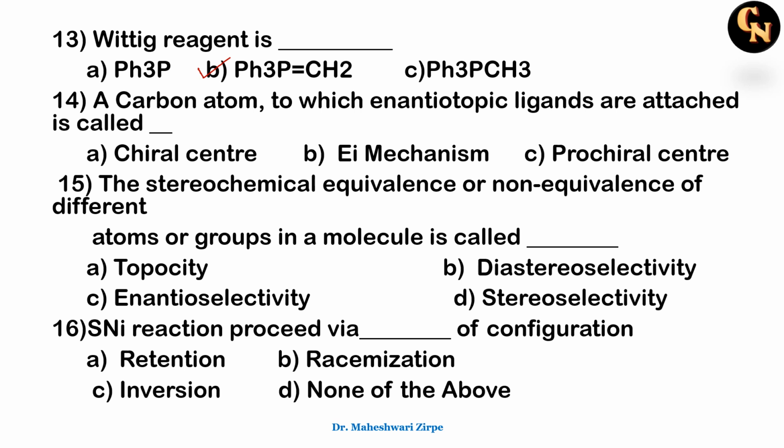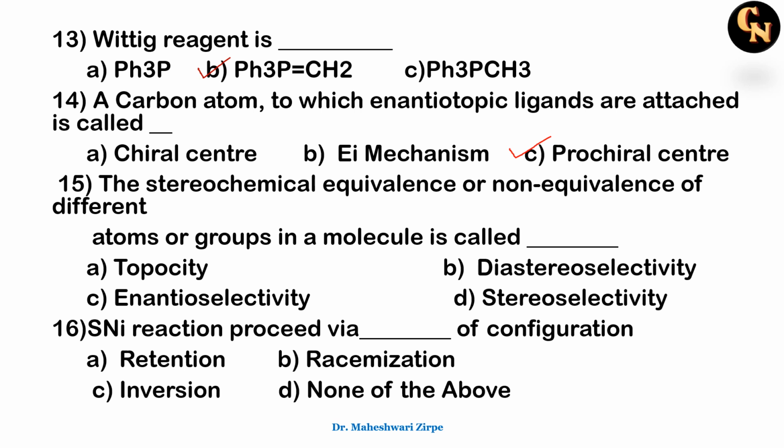The next is a carbon. If you see the 14th one, it is a carbon atom to which enantiotopic ligands are attached is called dash. So the carbon where the enantiotopic ligands are attached, basically they are known as what? They are known as prochiral center. So option C is the correct option, and you know that a prochiral center is an atom that can become chiral. Okay, so in our previous videos we have seen how the prochiral atom can be converted into chiral